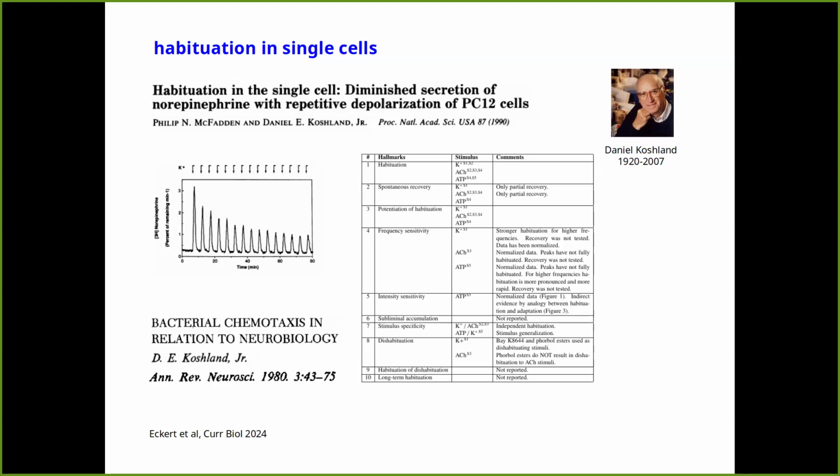Now, Koshland was a great scientist. He was a great biochemist. And one of the things he did, he contributed hugely to an understanding of biochemical mechanisms. The idea of induced fit is an idea from Koshland. The idea of allostery is also one of the things that he contributed to. So one of the things that's always puzzled me is why he didn't get into the molecular mechanisms underlying this. Because, in the cellular context, you can really hope to pull this apart. He didn't. And I wish I could have had the opportunity to ask him why. Maybe he tried and didn't get anywhere. Anyway, this was something that we wanted to think about.